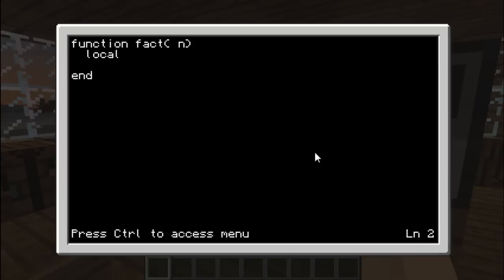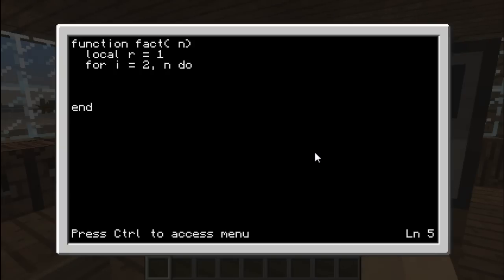So let's do local r, which will be equal to 1 when it starts, and there we'll use a for loop for i equal 2 to n,